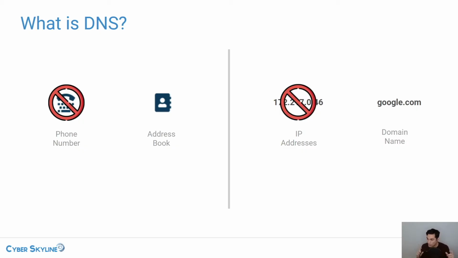You can, if you wanted to, type in that IP address directly in your browser, and your browser would know exactly what to do with that. Just like you could type in someone's phone number and call them, even though you've never added them into your address book before. That will work, although for the vast majority of circumstances, you will want the convenience of just typing in google.com and not having to remember all those crazy IP addresses. So it's very, very similar to the concept of an address book within your phone. You want to be able to use the name rather than the actual number, and that's why DNS exists.